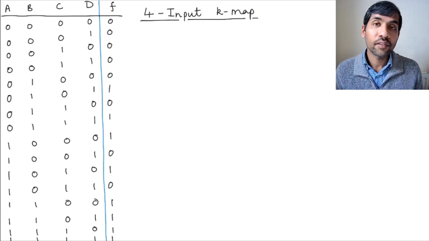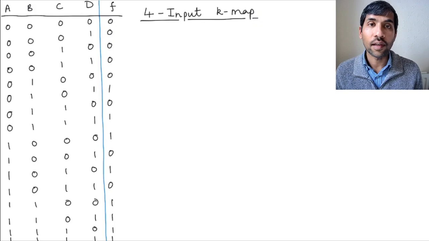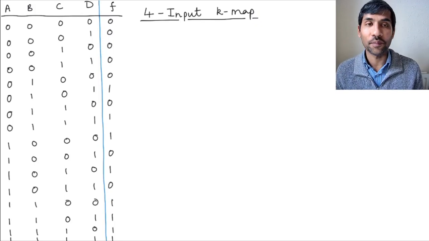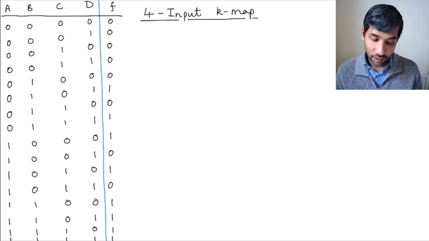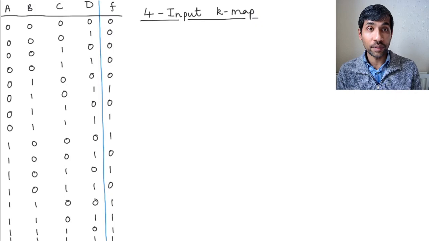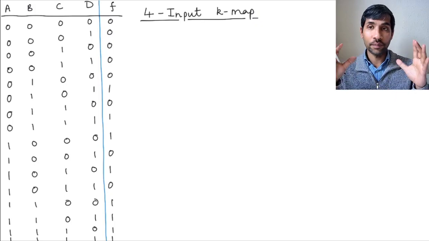Okay, in case you have thought that we have exhausted the complexities of K-map, what we are going to do in this video is look at a four input K-map. I have put the truth table on the video, and because you have four inputs, you have 16 possible combinations of the inputs, right? And you want to put all these 16 combinations